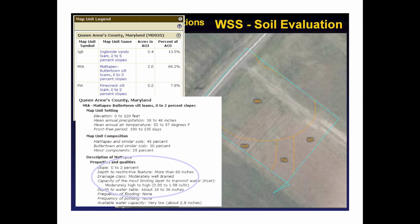So you put your address in, it gives you this overhead view, and you figure out, okay, here's the road near me, here's this place where I'm interested in. So you put in this area of interest, you draw this line on the computer, and then you just click on the center here, and you wait a couple seconds, and voila, you get your little lines here. This is not an exact science obviously, but it tells you approximately, based on elevation and other changes in color, where your soil series are changing. Then you click on any one of these